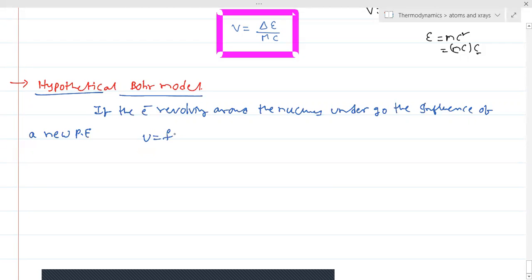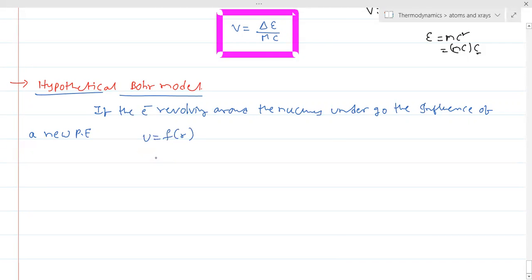So they will give U as a function of r. Then how are we going to do the Bohr model? That is the question. For example,